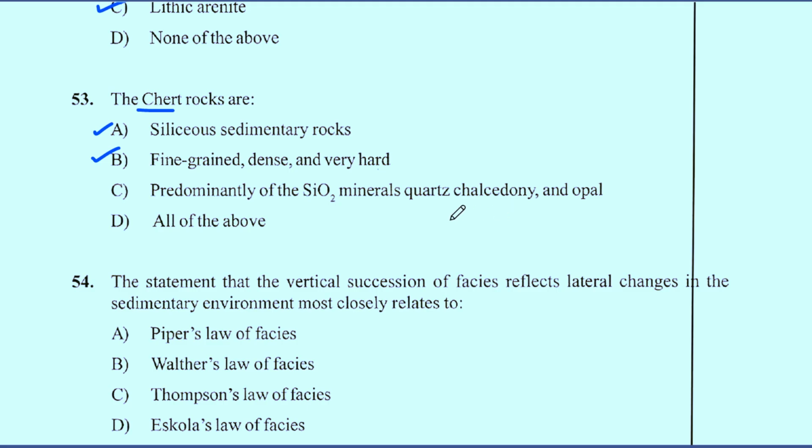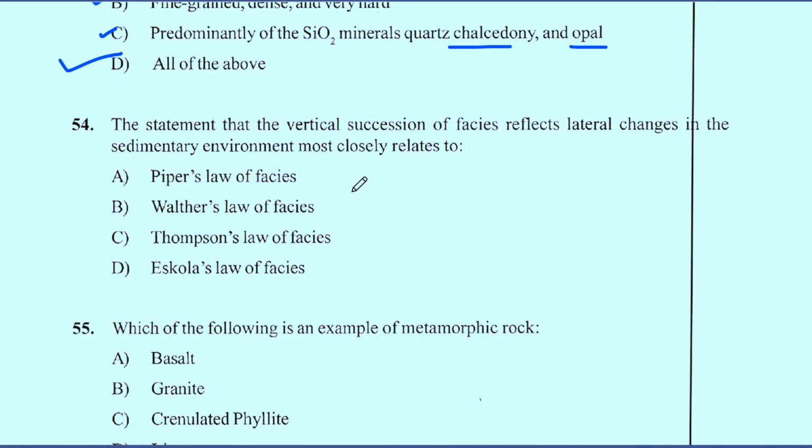What are the minerals that are present within chalcedony and opals? Okay, these are not crystals, these are amorphous forms. So all our options are correct, and the right option is all of the above. Okay, next question is